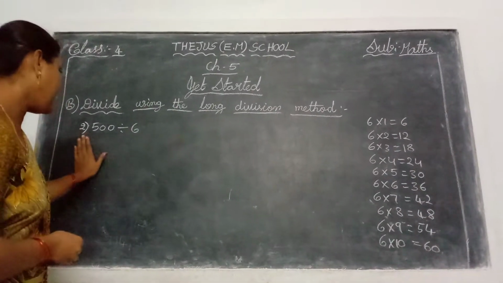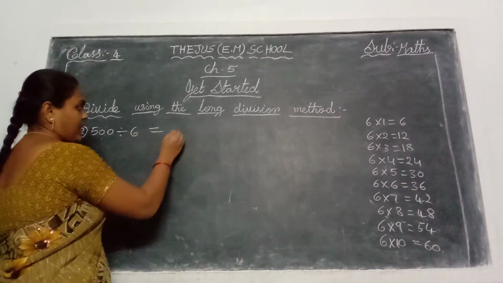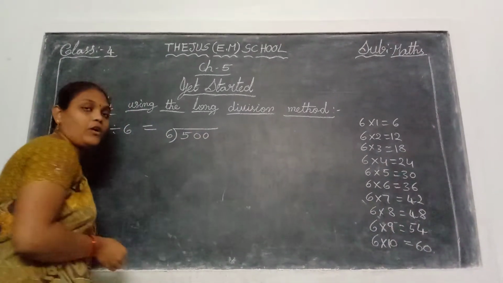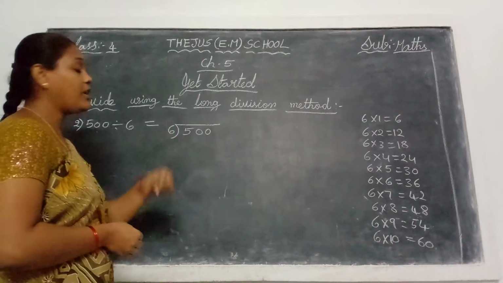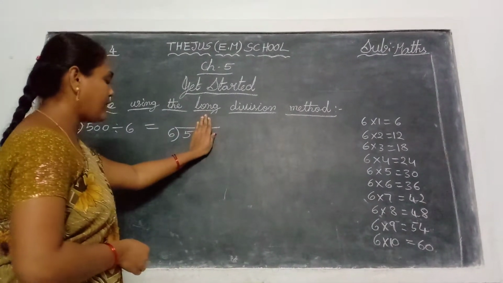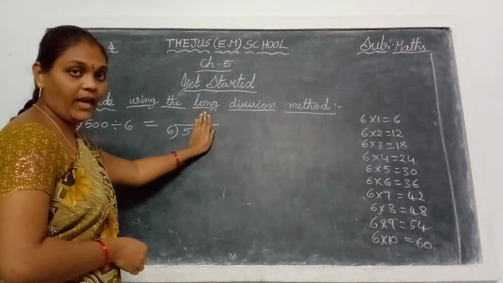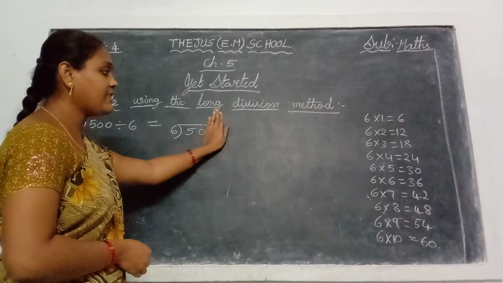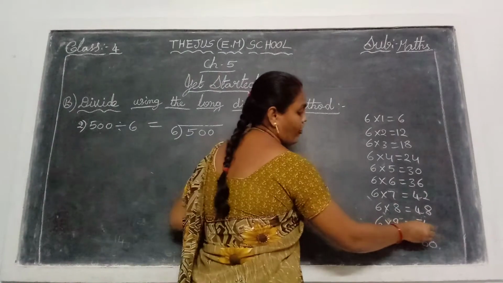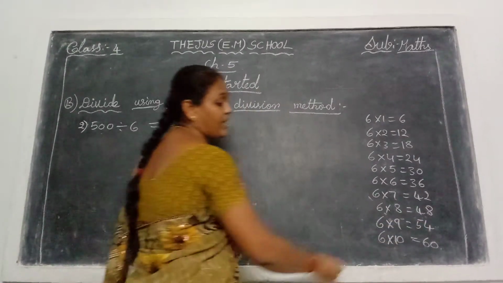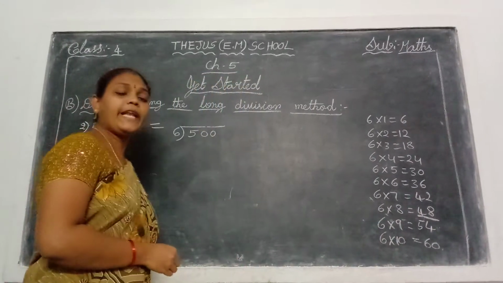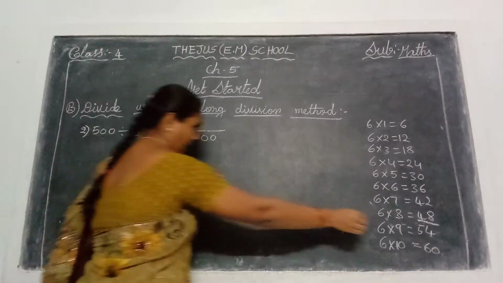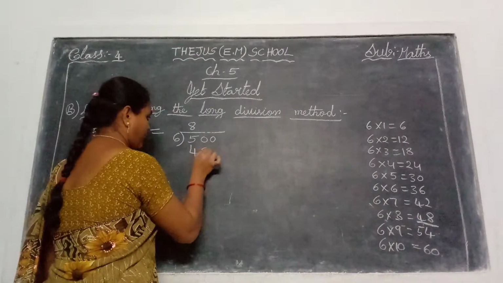See your next problem, children, the second one. 500 divided by 6. First you write the 6 in a bracket and 500 you write in the middle place. Draw this line. Okay, you write the answer in this place. Now the 6 table, 2 zeros remain. 5. Is 5 in the 6 table? No. Now you see the double digit number 50. Okay, is 50 in the 6 table, children? No, 54 is there. So for 50 the nearest smaller number is 48. How many times in the 6 table? 8 times. So you write that 8 here and this answer 48 you write under 50.